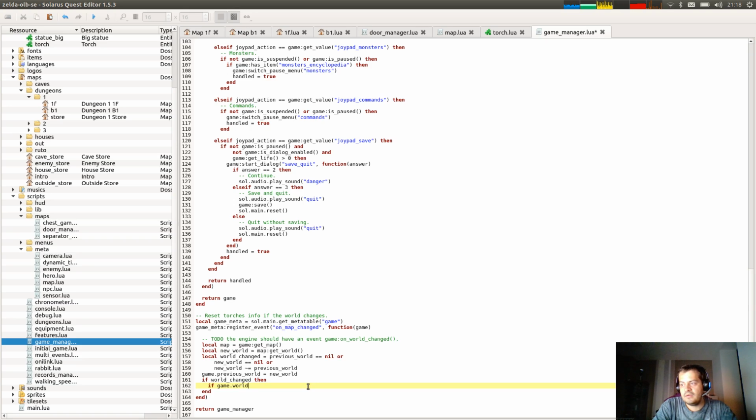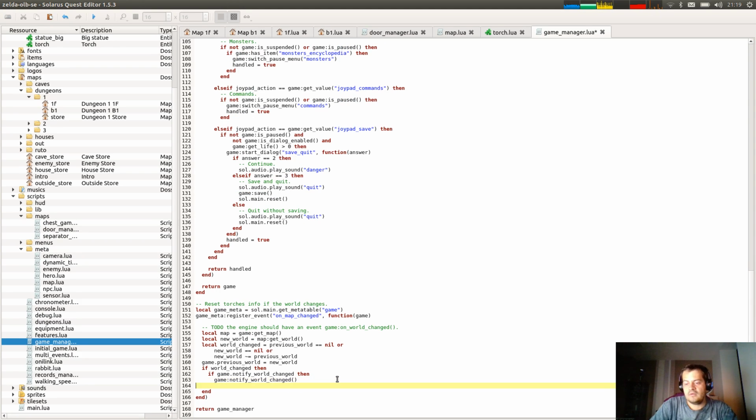how do we call the event? World changed. I don't want to call it on world change because in a future version it will be the name of the built-in event. Or maybe something like notify world changed. I don't know. And why not pass the previous world and the...